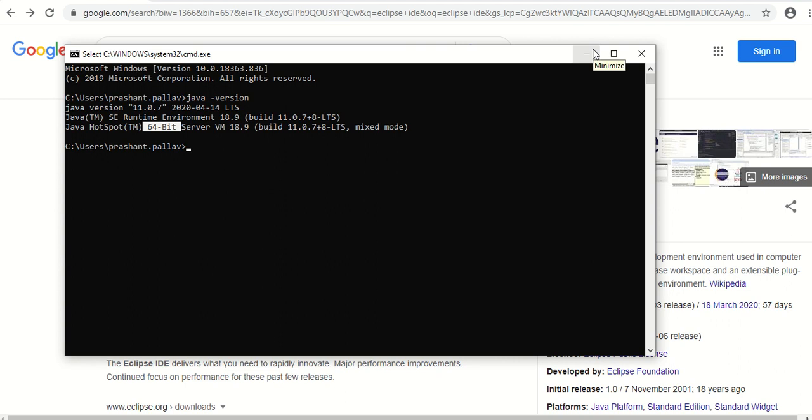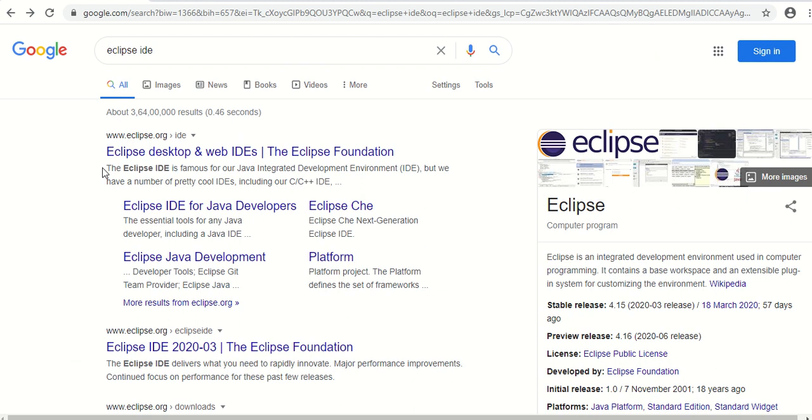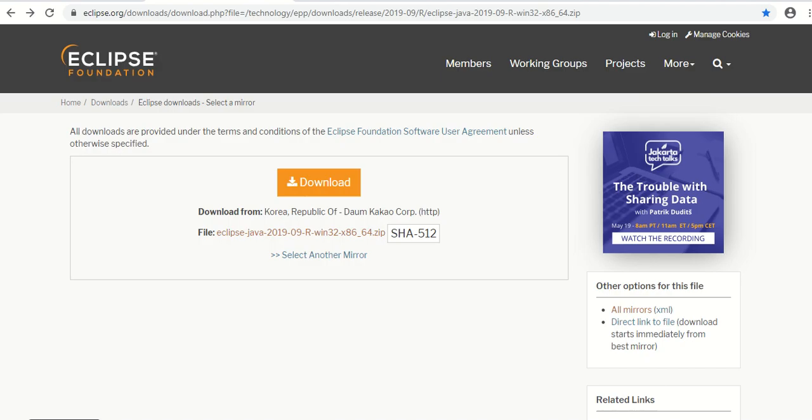If you don't know how to install Java, you can click on the I button and see the Java setup installation video. Now come to this link. This is the link where you can download the Eclipse IDE, and download from Korea, the nearest location, which has this location. And this is the zip file. You can see 64-bit, as I am using a 64-bit machine.